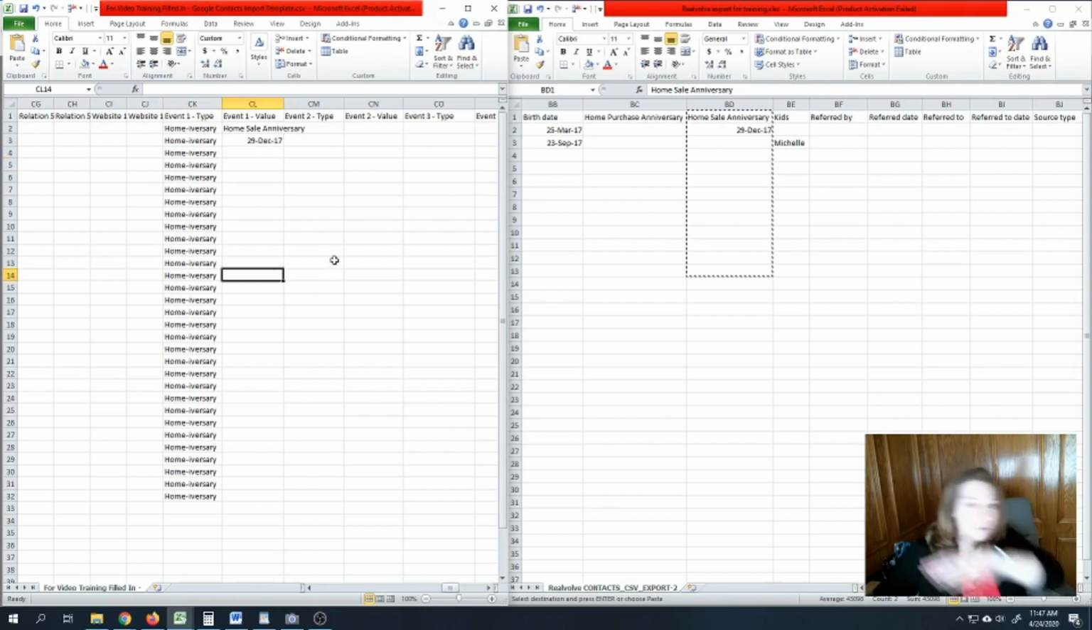However, if I put all of my information in and save this and upload it into Google Contacts and import it, it is not going to map this properly. My phone just won't stop ringing today. Sorry, guys. So it is not going to map this properly because it's very, very particular on the format of